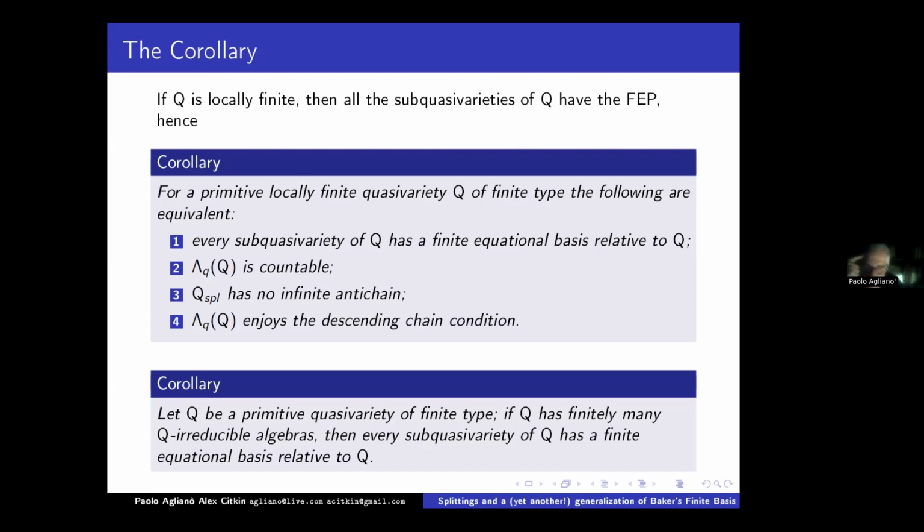And of course, if the variety itself is finitely based, then every subvariety is finitely based. But again, this is useful only if we apply it to something that is neither congruence distributive nor congruence modular for varieties. For quasi-varieties, I don't know, but it might be interesting to see how these things interact with the results that we have about